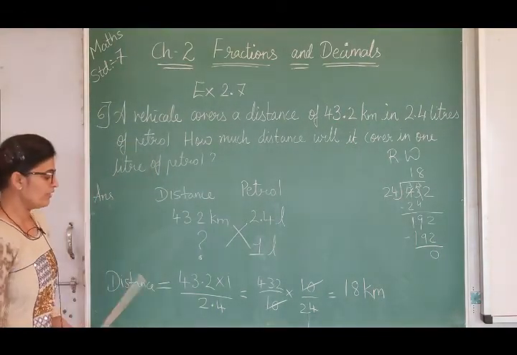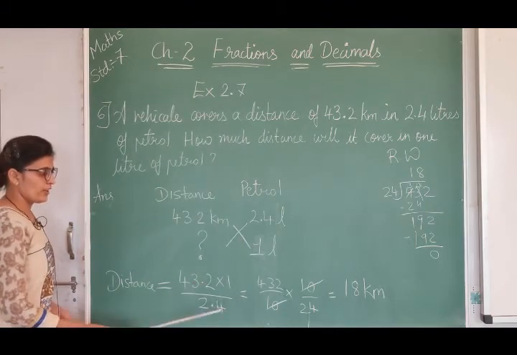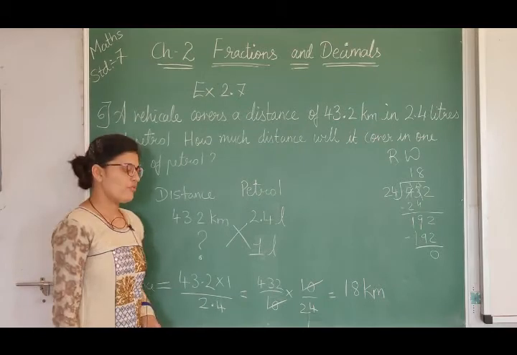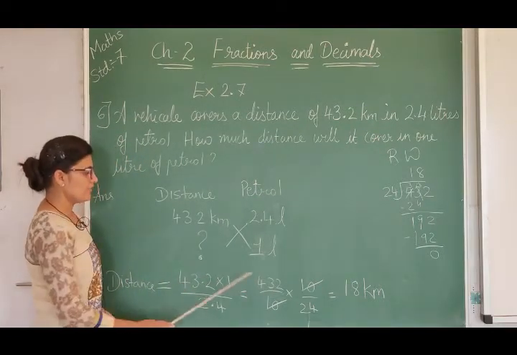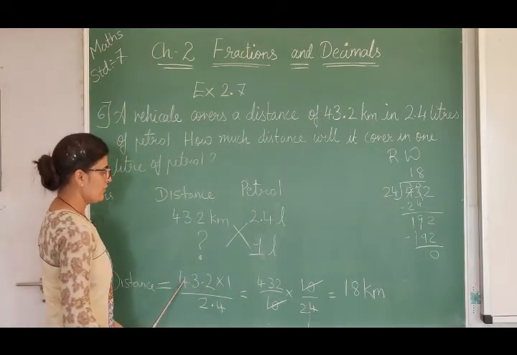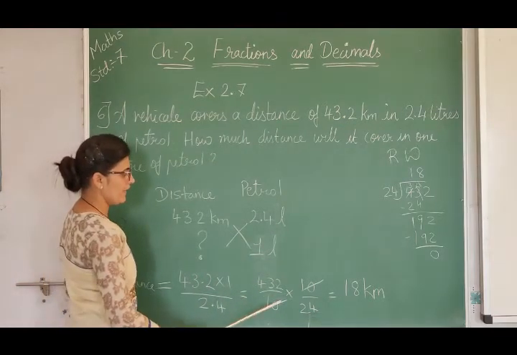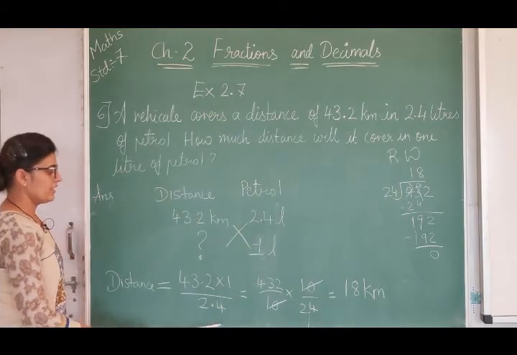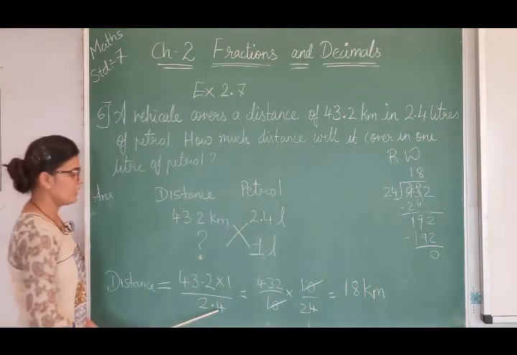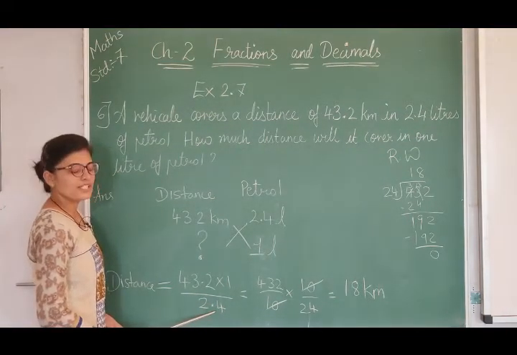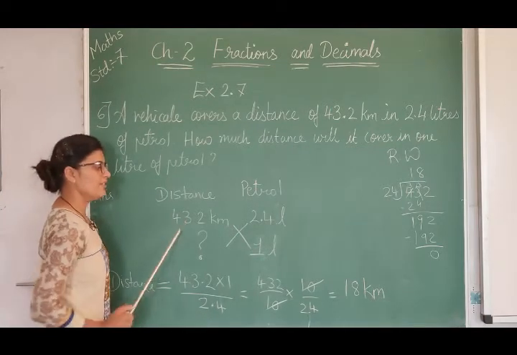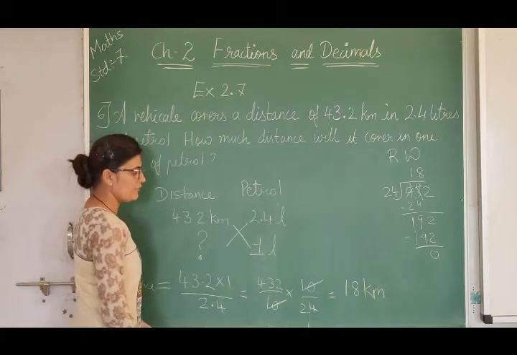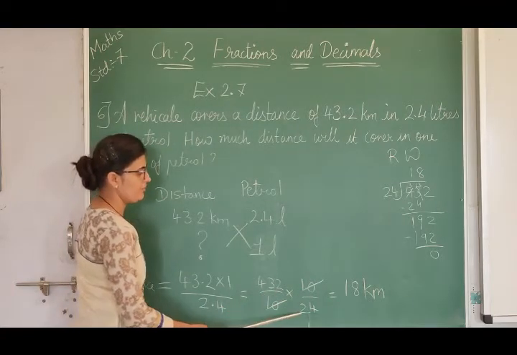First what we will do? We will take out these points. So for putting them out we have to convert them into the fraction form. So this can be converted into fraction form as 432 divided by 10 multiplied by, 2.4 can be written as 24 divided by 10, but 2.4 is in the denominator, so 10 will be the numerator. So 10 divided by 24. Now 10 cancels out. We have to divide 432 divided by 24.